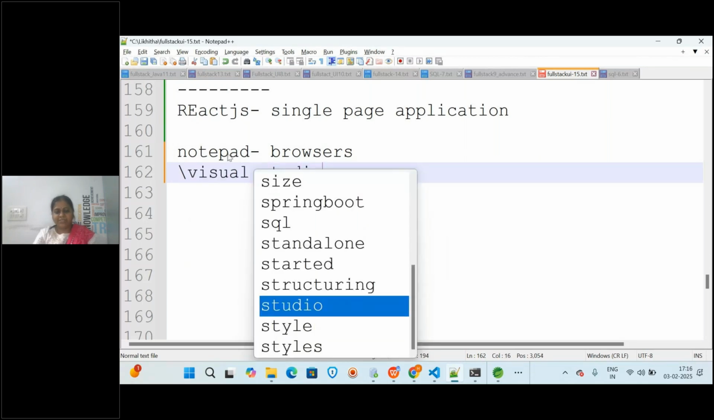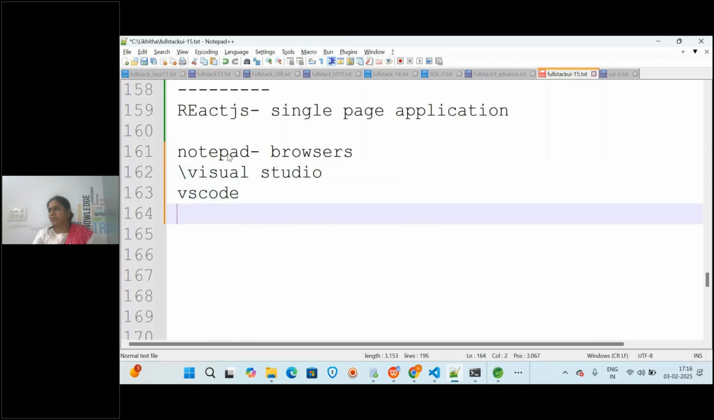We use tools like VS Code. You can download this and use it. Okay, so here,